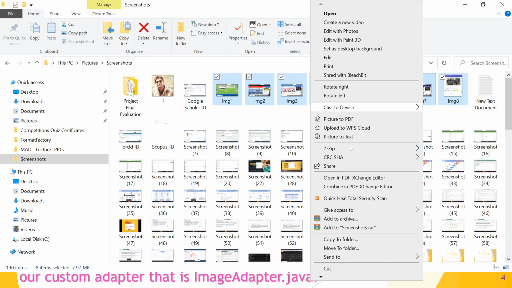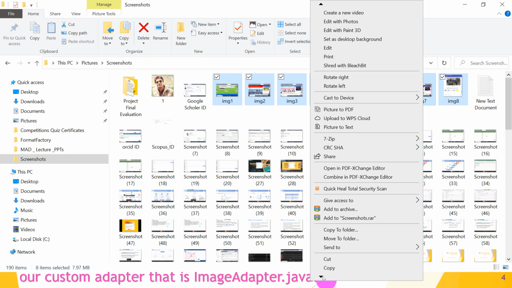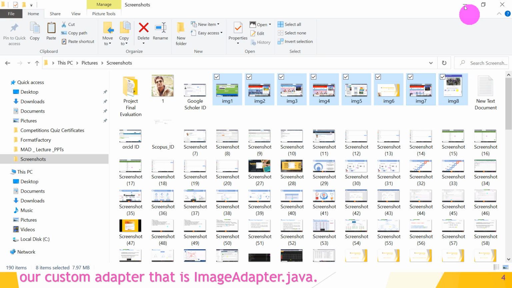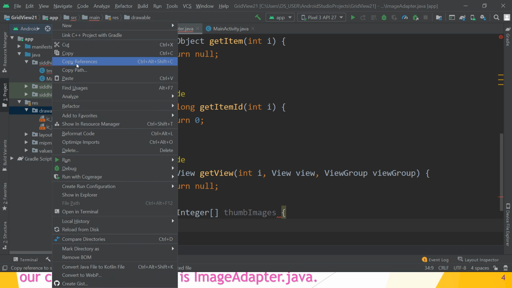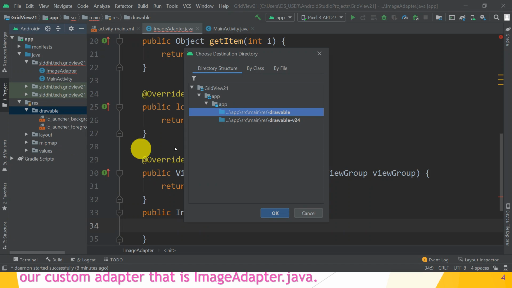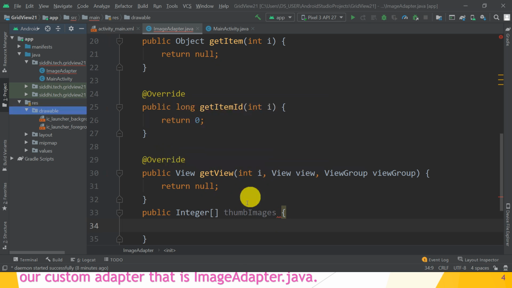Click on copy and paste all these images into the resource folder's drawable subfolder. Right click it and paste all the images into that main resource drawable folder. Okay, click on OK. So all the images are placed into the drawable folder, image 1 to image 8.